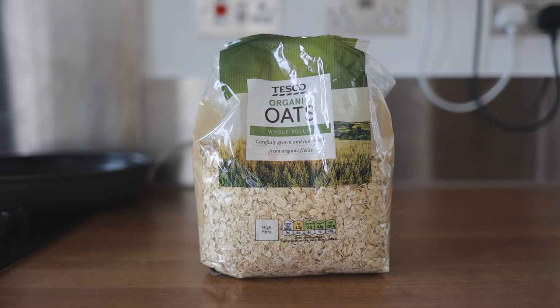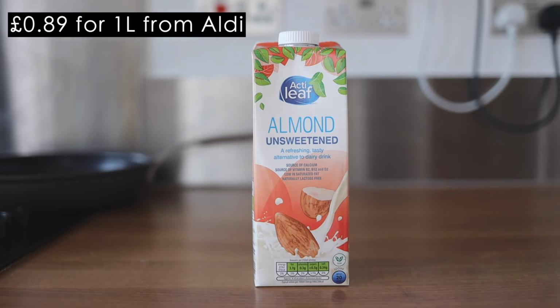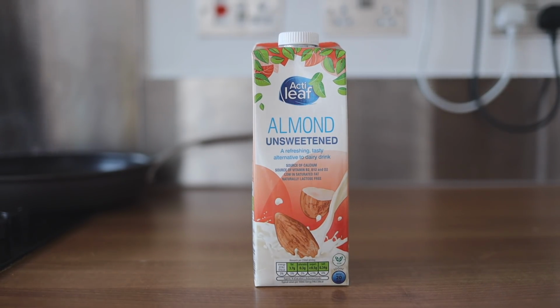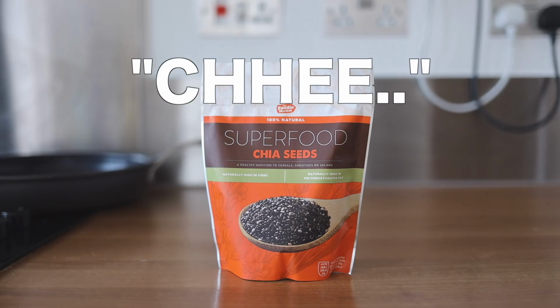So for these, you will need oats, surprise. Some milk. I'm using unsweetened almond milk because I don't really drink cow's milk, and also I think it's likely to keep better, but you can use whatever you like. I'm using some protein powder, and I am going with vegan protein powder because I came this far, so I might as well keep it vegan for this one and give those folks an option. You can obviously omit the protein powder completely if for some reason you don't care about gains. Anyway, I'm also using some chia